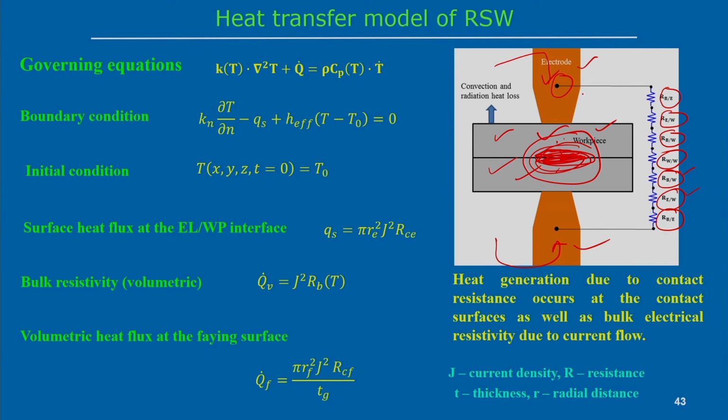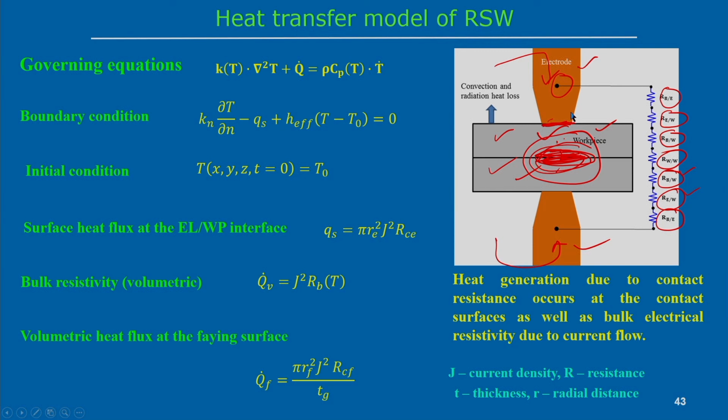So, for example, some sort of contact resistance is there, so definitely some sort of heat generation will also be there, but that heat generation is minimized with the intimate contact between the electrode and the workpiece. At the same time we can use the electrode as a highly conductive material, or sometimes there may be a water cooling channel within the electrode, such that whatever heat is generated at this point quickly dissipates away through the electrode, because of high conductivity as well as the presence of the cooling channels. Heat generation is minimized in such a way that it should not melt and then join the electrode and the workpiece. That should not happen.